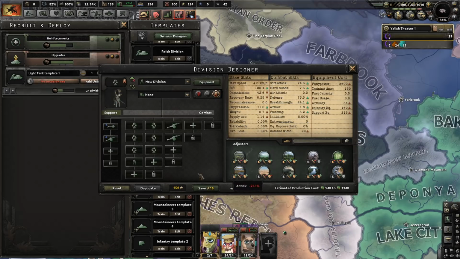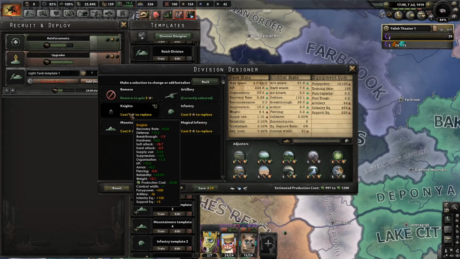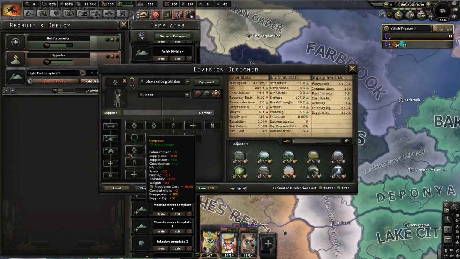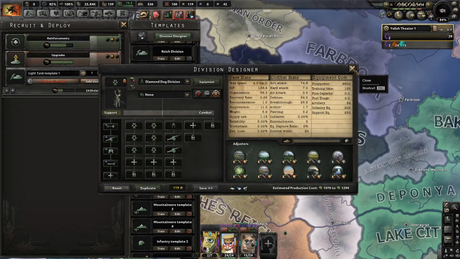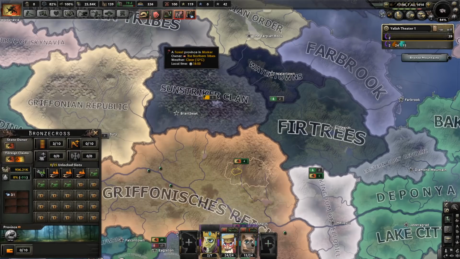I put the knights in there too. One unit of knights. Very different unit than I usually deal with. This is cool, though. Yeah, we'll call these the Diamond Dog Division. Okay. That'll be fun. Alright, so what we want to do, can we possibly...